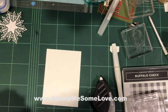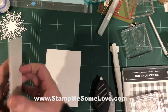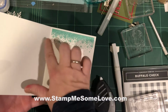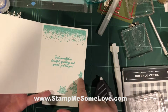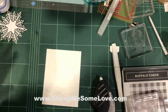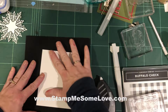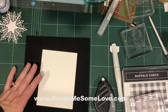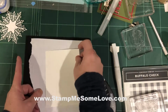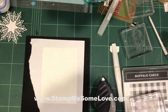Before we put it all together, I forgot to do the inside of the card. All right, and I don't think I've shown that to you yet, but here it is. We use one stamp to do this up here, and then we're going to stamp off the page for these snowflakes and, of course, the sentiment. Now, these are photopolymer stamps, so I'm going to use a little sponging in the background, and I'm going to be stamping off the page or off the cardstock, so I want to put a little piece of scrap paper under there. Okay, so the first thing I want to do is to stamp